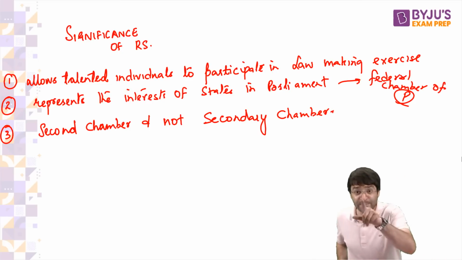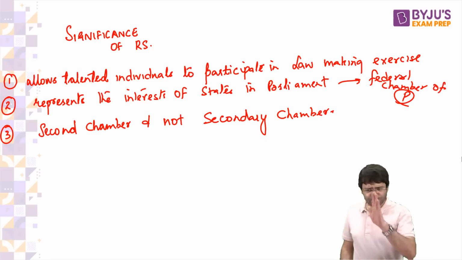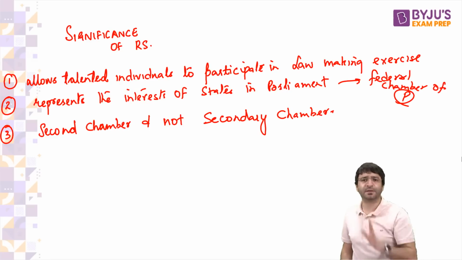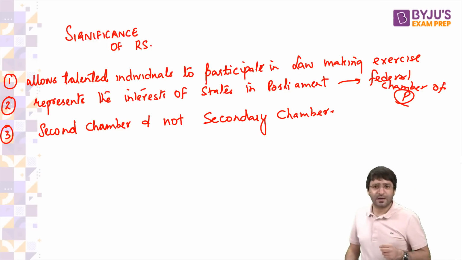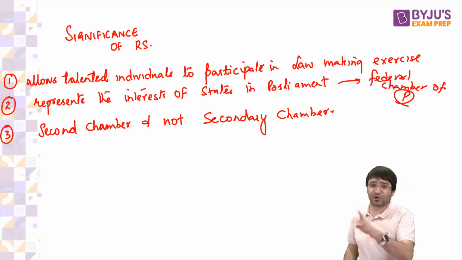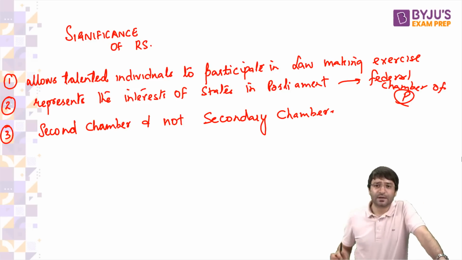What is your primary role? What is your secondary role? Your primary role is that of a batsman. Your secondary role is you can be a good fielder as well. But you will be selected in the team because of your batting, because of your primary role, not your secondary role. When we will discuss